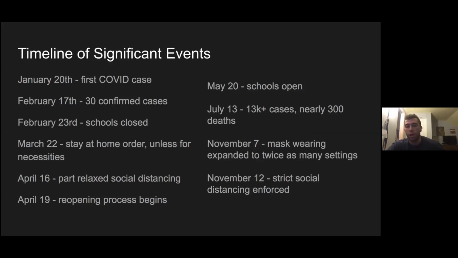And then about another month after that, because of the stay-at-home orders and all the measures that they put in place, they were able to relax some of the social distancing practices and then begin their reopening process. So on May 20th, after about a month of getting all the measures in place necessary to safely reopen, they started opening their schools, which went well for a little while.